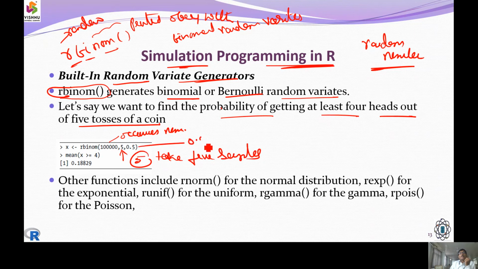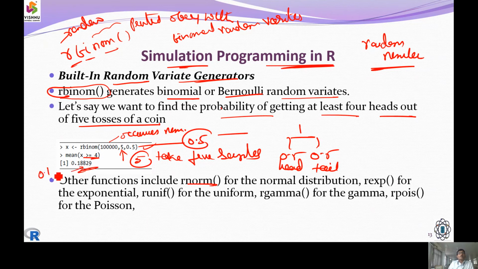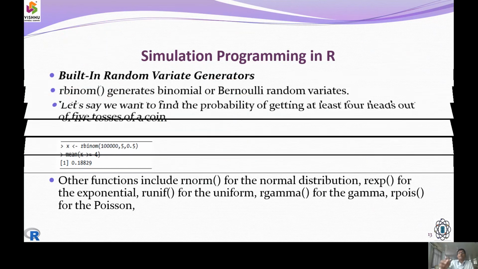And 0.5. Why is it 0.5? One goes with head and another goes with tail. So that's why we are going to put 0.5. And the condition was x greater than or equal to 4. So the chance we are going to get is with 5. So we get the value with the occurrences value of 0.18. We get a mean function.